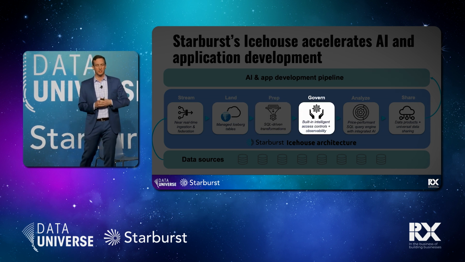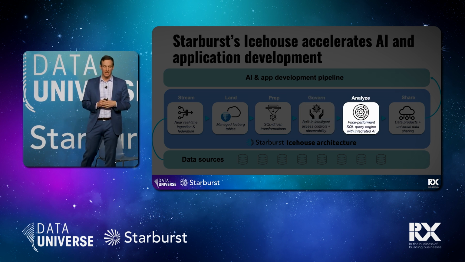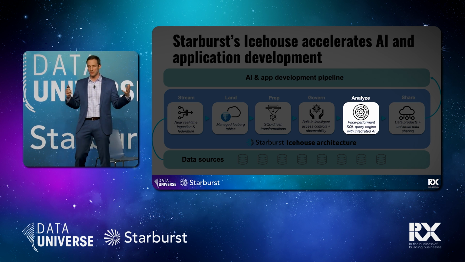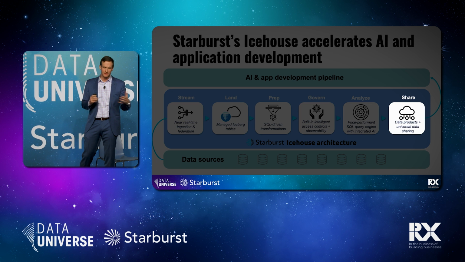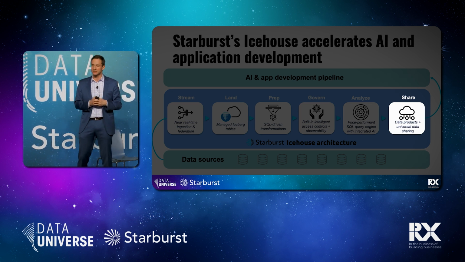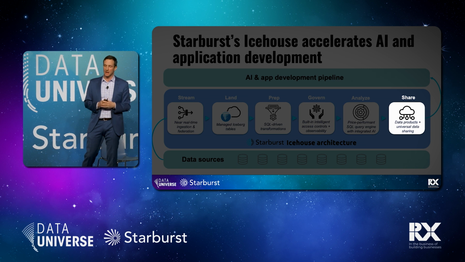Automatic classification protects data privacy. Again, that tagging ability. PII data being exposed to model training and eventual outputs can be a real problem. So how do you protect against that? And then again, industry-leading price performance around the actual processing and analytics of that data. And then last but not least, being able to turn that data into curated data products that can then be shared to both your internal users and even external customers and partners.